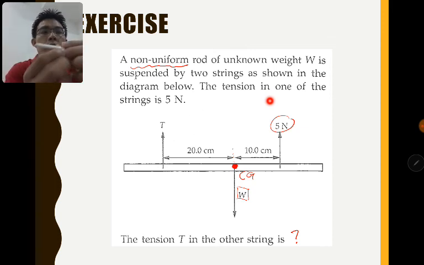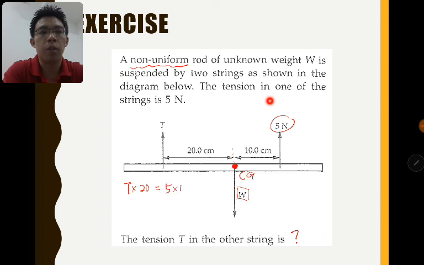So T is going to be this way, and 5 Newton is going to be this way, so they are opposite. So we form the solution T times 20. You can change to meter, but because both sides have the same unit of length, it's not necessary actually. So 5 times 10, then you get T. 5 times 10 divided by 20, so you get 2.5